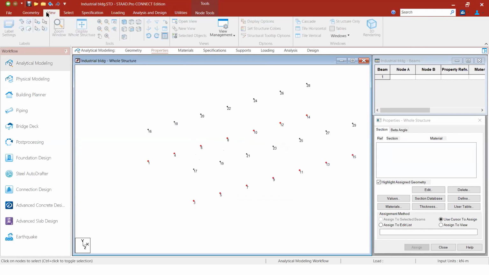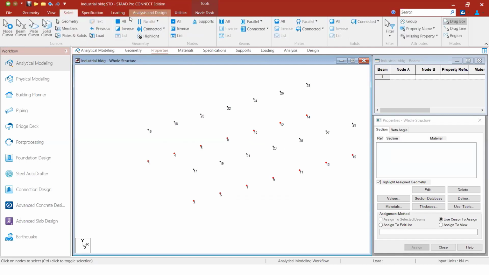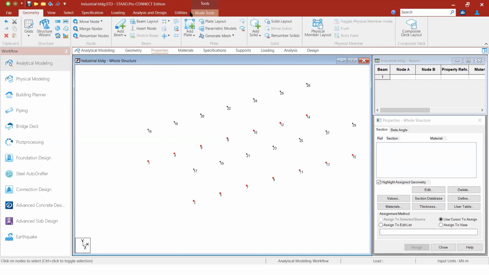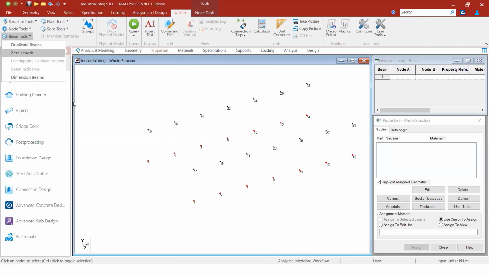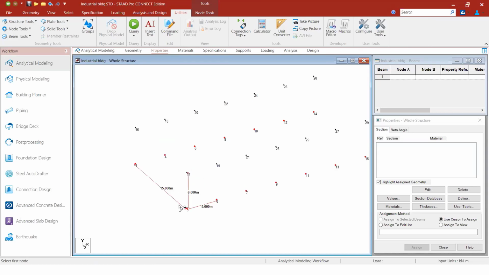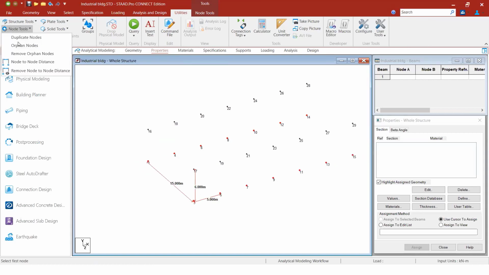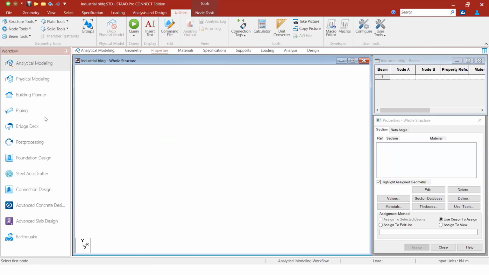If you have any queries, you can just stop me and ask so that I can clear them then and there. Okay. I'm just going to add beams. Let me check the dimensions first to see if they are correct before proceeding, so that we need not delete anything. Yeah, now all the dimensions are correct. So I'm removing the node dimensions. Now I'm just creating the beam.